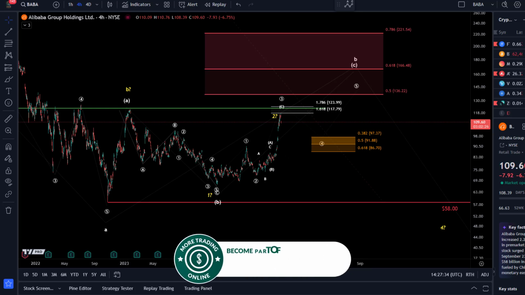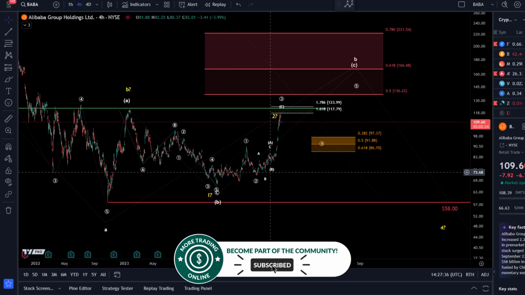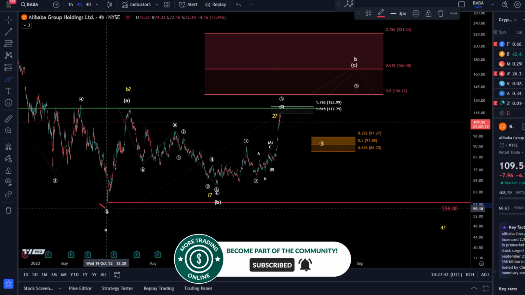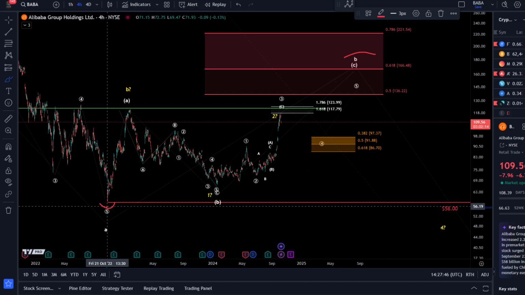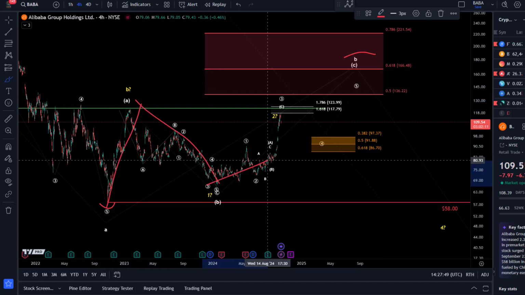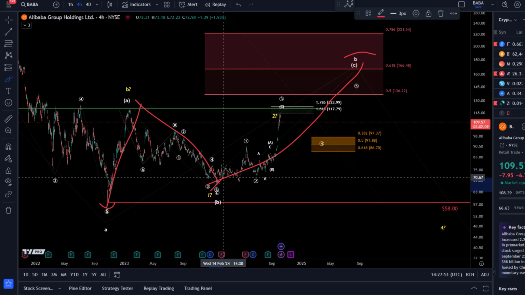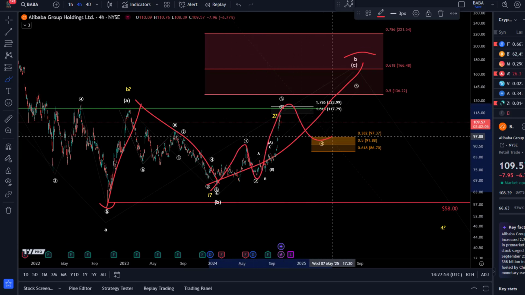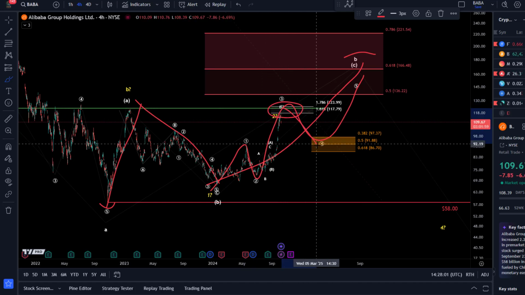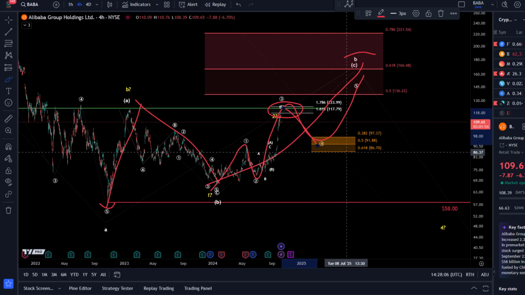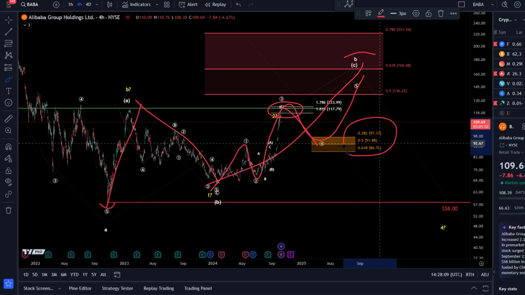But overall, the forecast here for Alibaba was still for a larger B-wave corrective rally, after an A-wave bottomed here in October 22. This B-wave is currently unfolding, and it is forming an A, B, C structure, where the C wave itself is a 5-wave move, and the third wave could be in its late stages now. I have added support for a wave 4, so that means if a higher low is forming, then support should be found between 86.70 and 97.37.